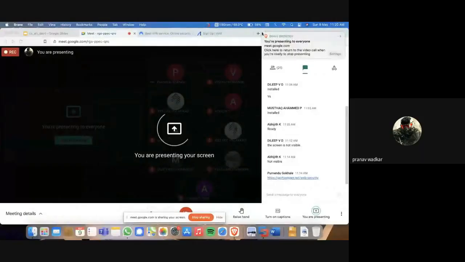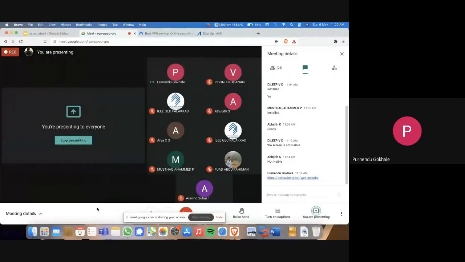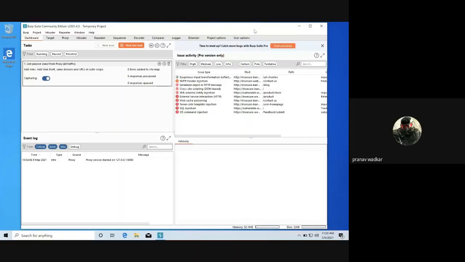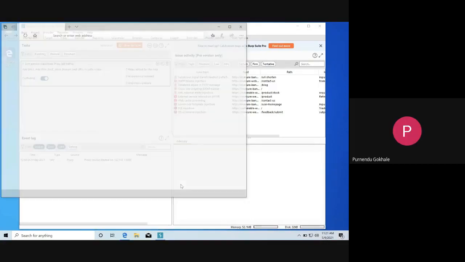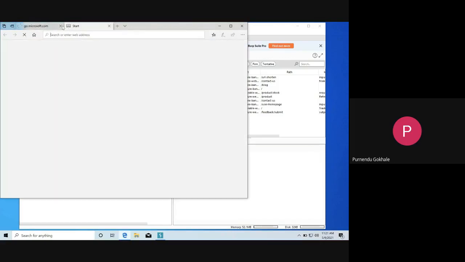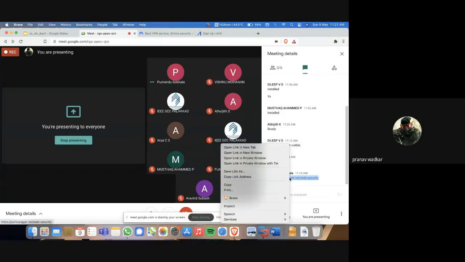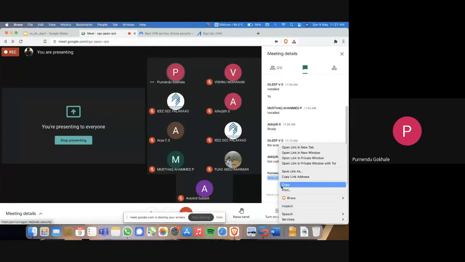Okay, so I think the whole screen is visible, right? Just a second, I will turn off the intruder. Yeah, I can see. So go to the Windows then. Yeah, the Burp Suite is open now. Let me know, go to the browser now, and open the link which you have pasted in the PortSwigger. You'll have to create an account first. You can create one here and log in there.